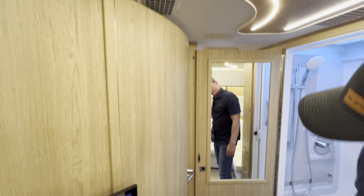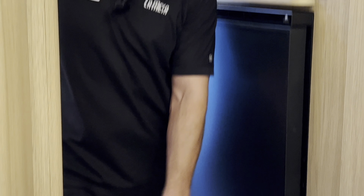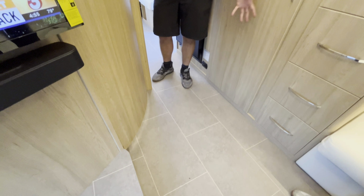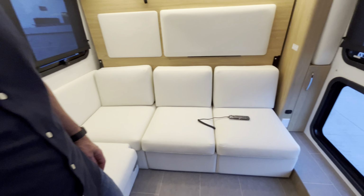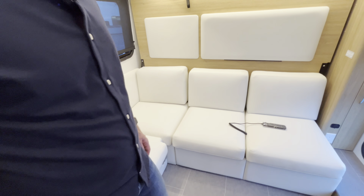Roomy enough for what it's designed to do. This also acts as a cutoff from one area to the other. Yeah, kind of latches itself in there. And really good floor space. Typically, you're not going to get this floor space unless you have a big slide out, but this has no slide out. Really good space for what you get, and those windows are awesome too, as far as the window space and